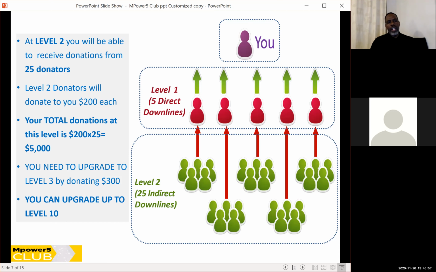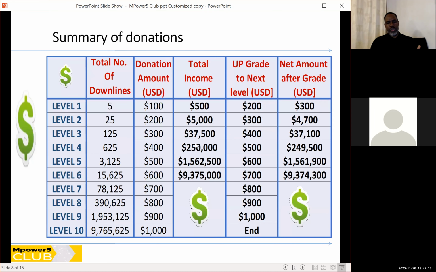Why am I saying only? Because the income you receive from every level increases exponentially. Because remember, on level 1, your total profit in was only $200. But on level 3, your total income, in fact, let me move that to this new screen here. On level 1, your total income, net profit,